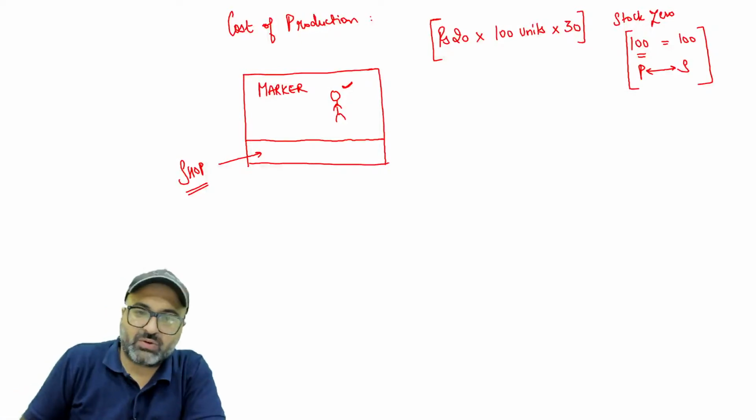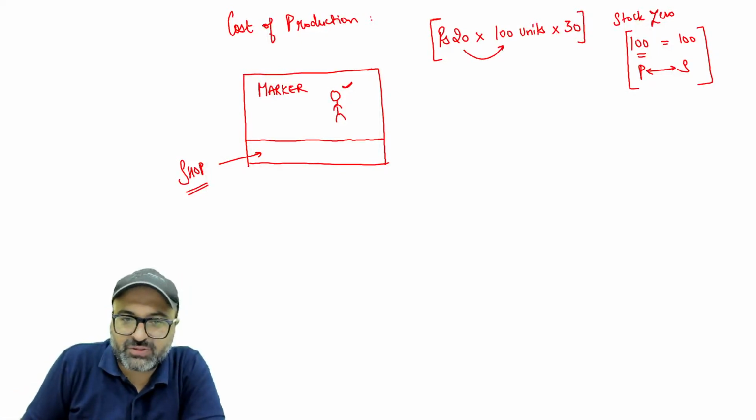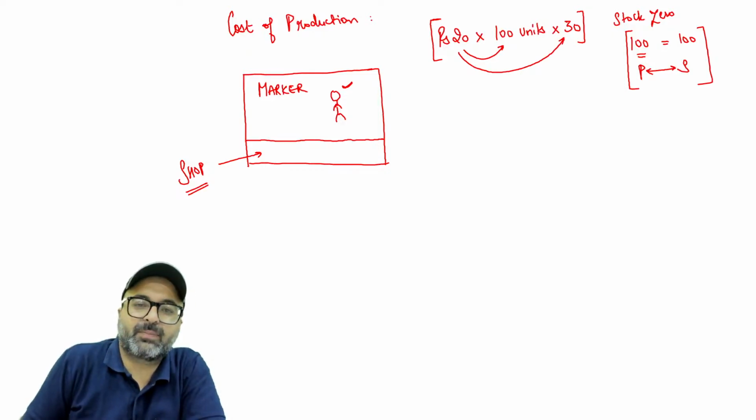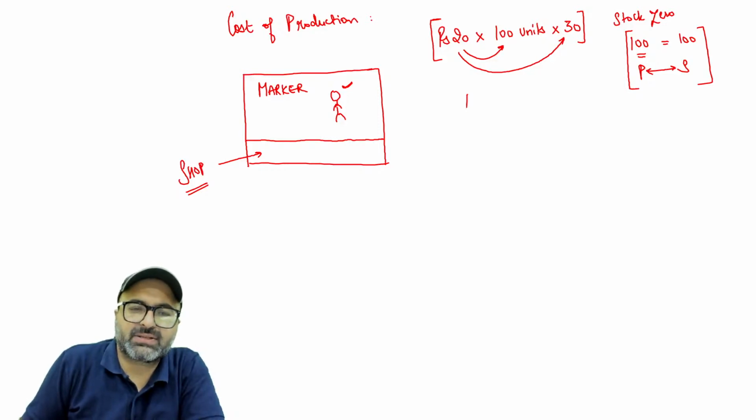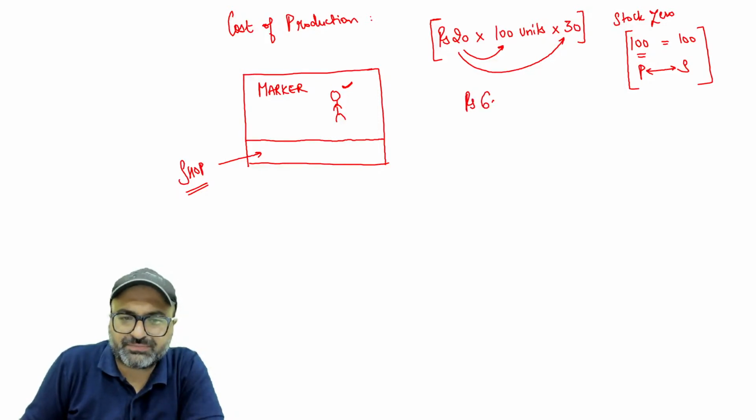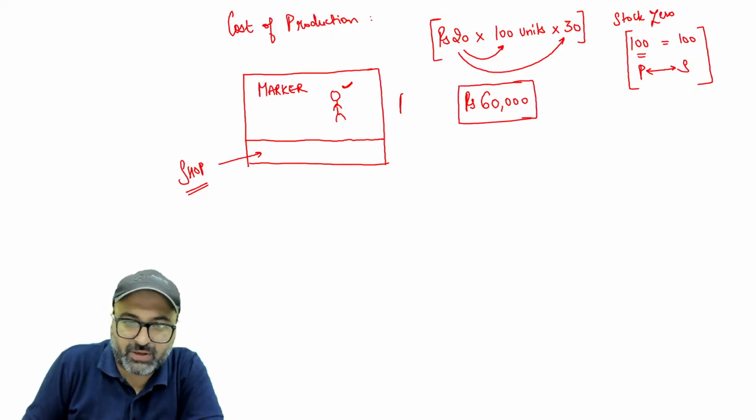So I said, okay, that means your per day income is 2000 and the amount you are receiving in a month is 2000 into 30, that is 60,000 if I'm not wrong. So this is his income. Yes, this is his income. Income basically means I'm talking about his receipts.